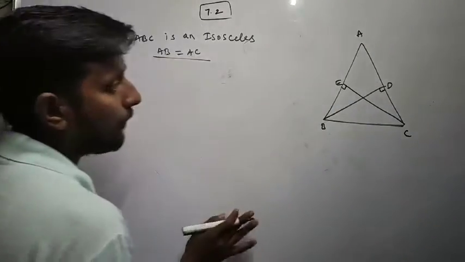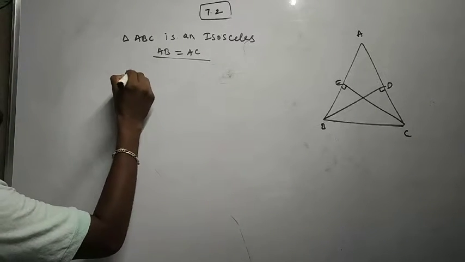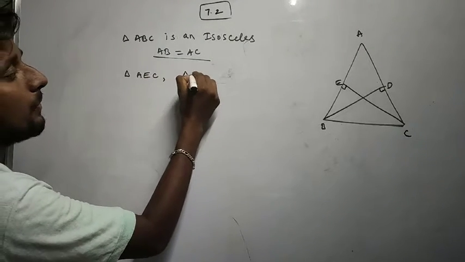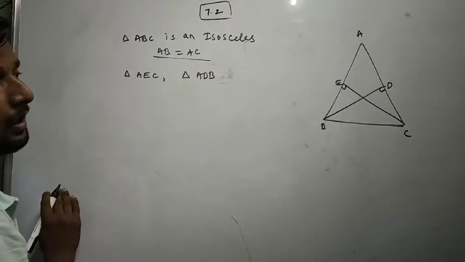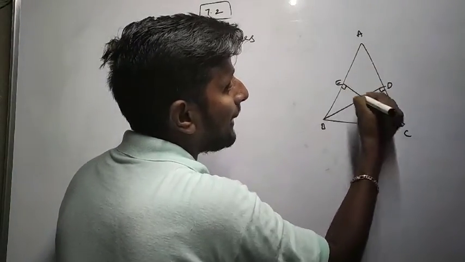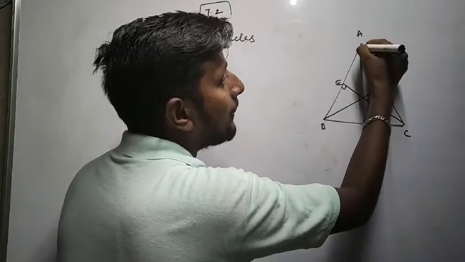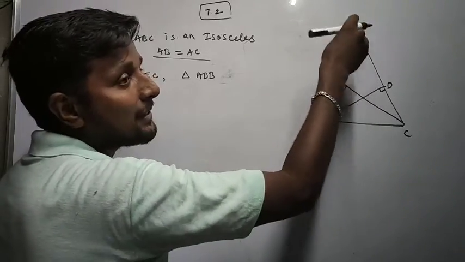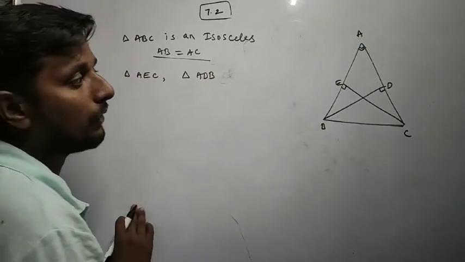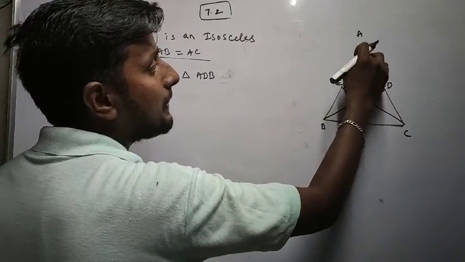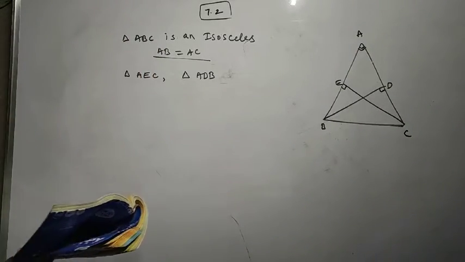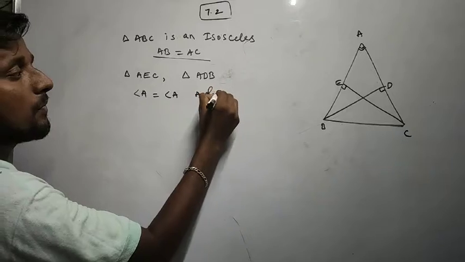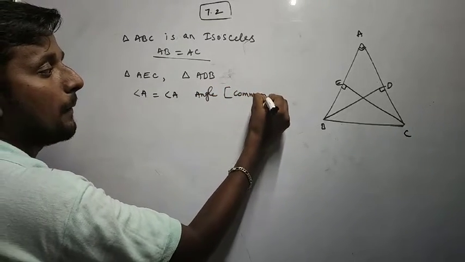Yes. Now I want to talk about two triangles. One is triangle AEC and one more triangle ADB. Now look at it. If you talk about the triangle AEC, in AEC triangle we have a complete angle, that is A. Complete means not 360. That means angle A is completely included in the triangle. Okay. And in ADB also we have an angle, that is A, common angle. So here I can write angle A is equals to angle A. This is an angle, and I can write it as a common angle.